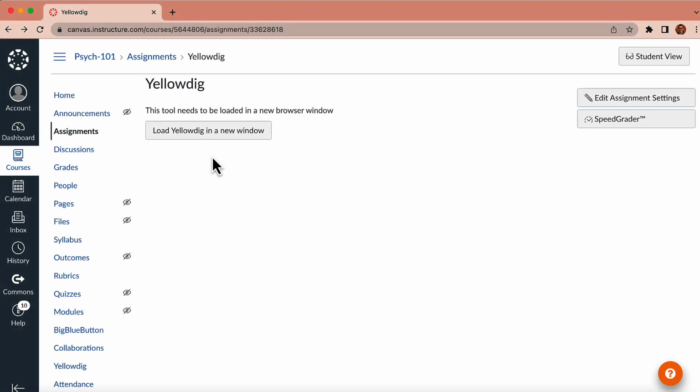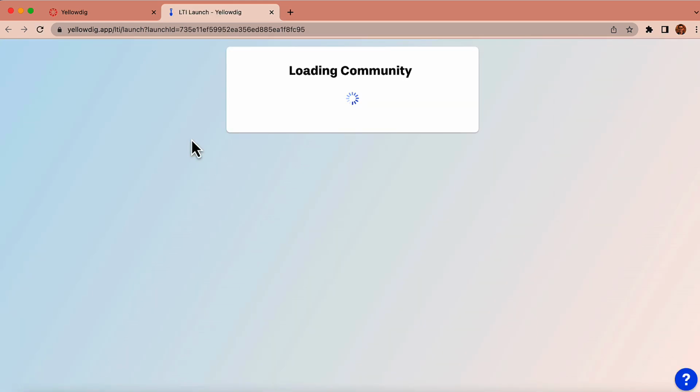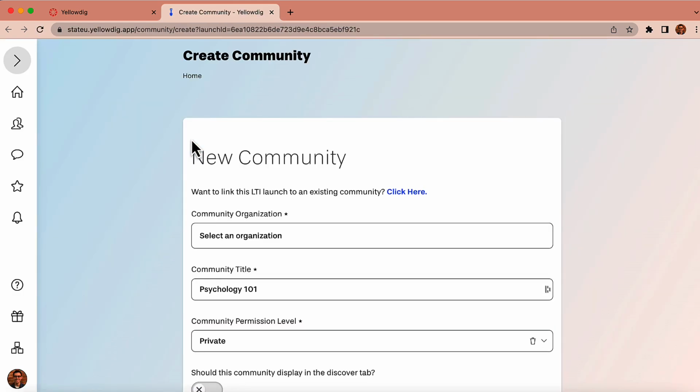Once you've arrived at our community creation screen, there are a few quick steps you'll need to take before your community is ready to launch for the term. First, you need to create your community. If you got here from your LMS, you will need to place your community in the appropriate part of your